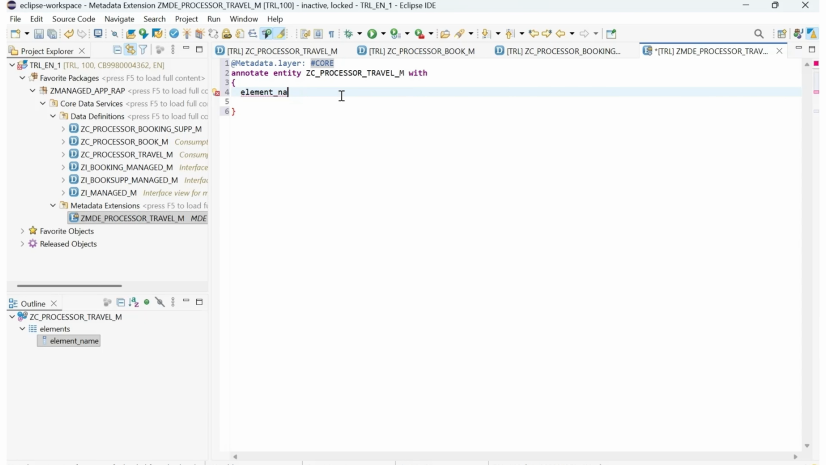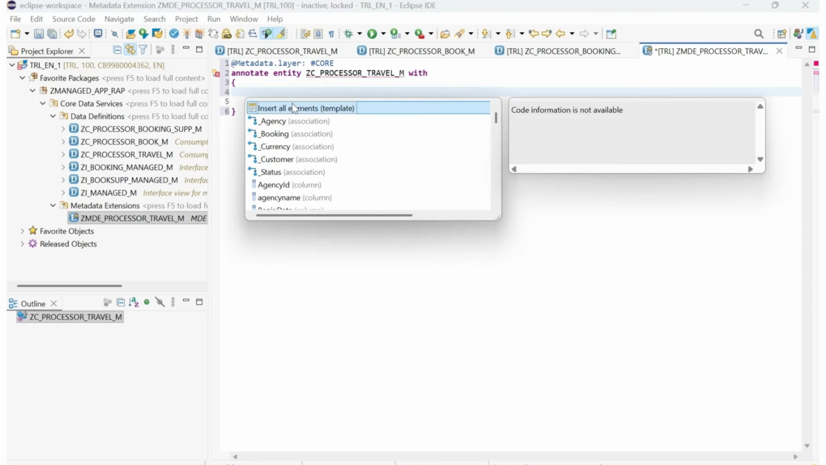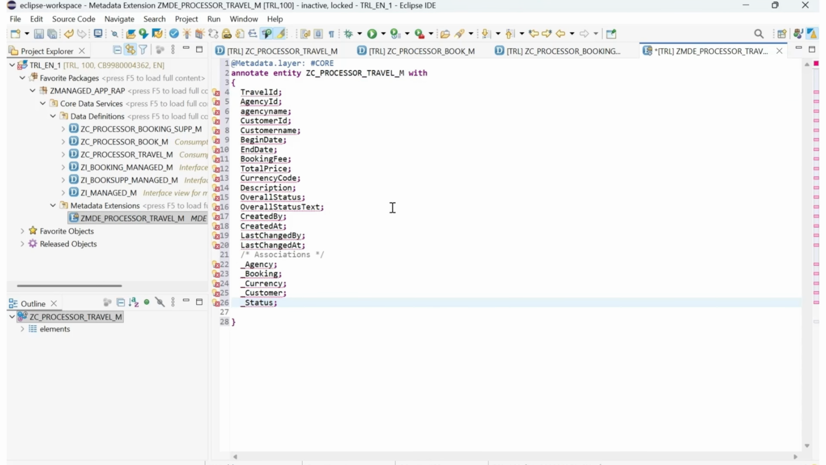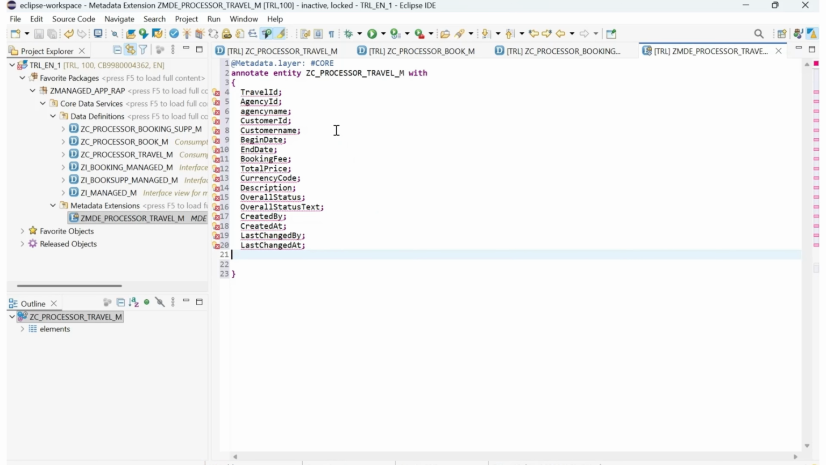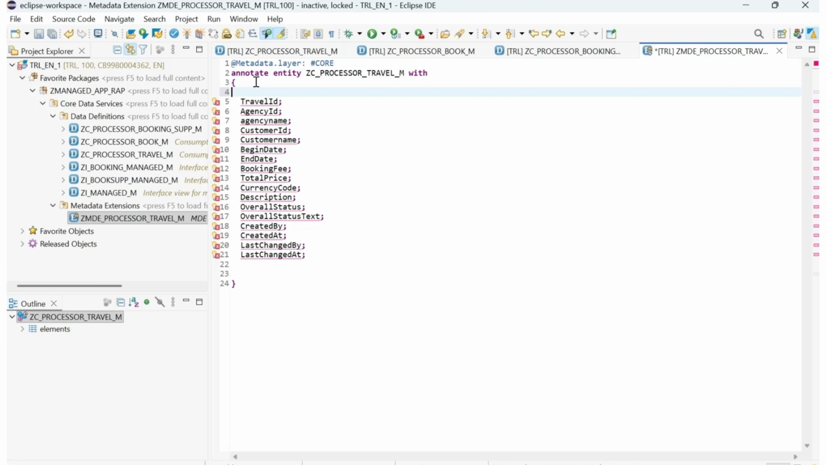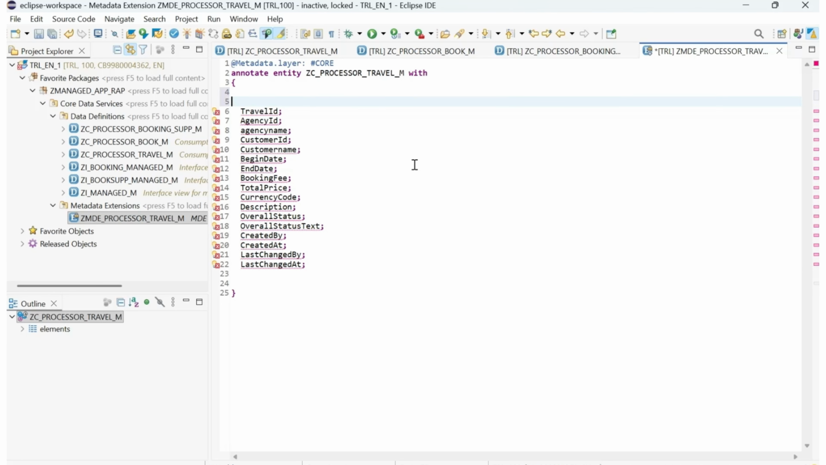And here for the names, I will do control space and insert all elements. I will get all the names by default. I don't want the associations. Here we have to provide the annotations. Now, what I will do is we have to add one by one annotation, which is for UI line item